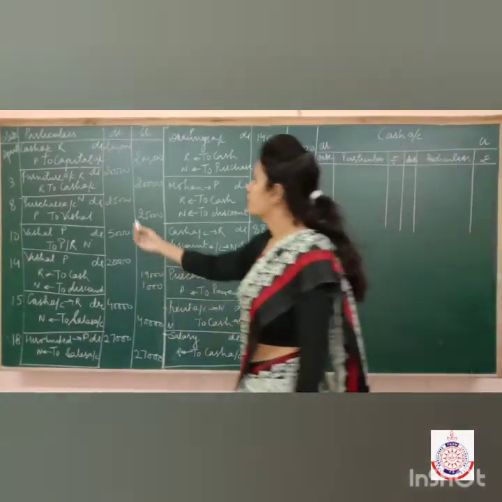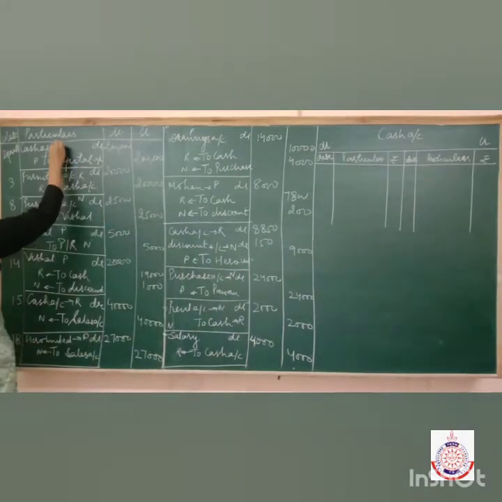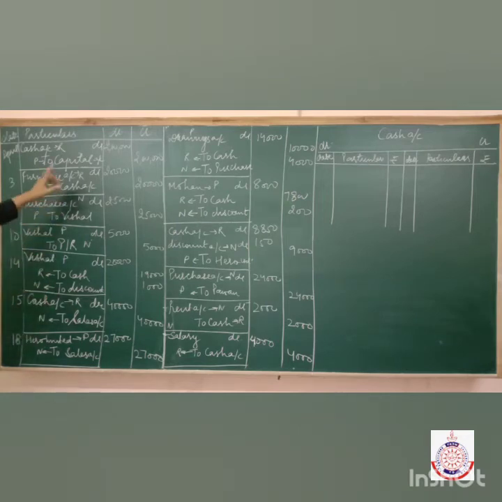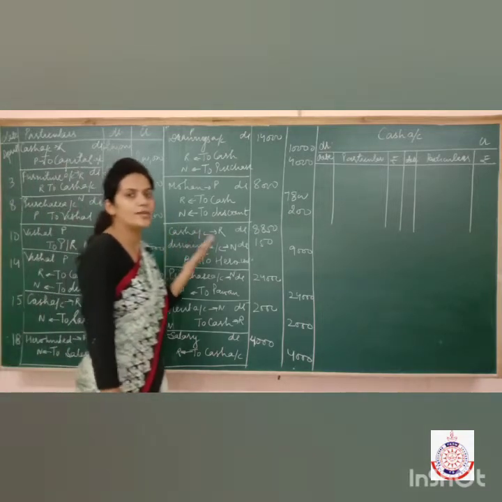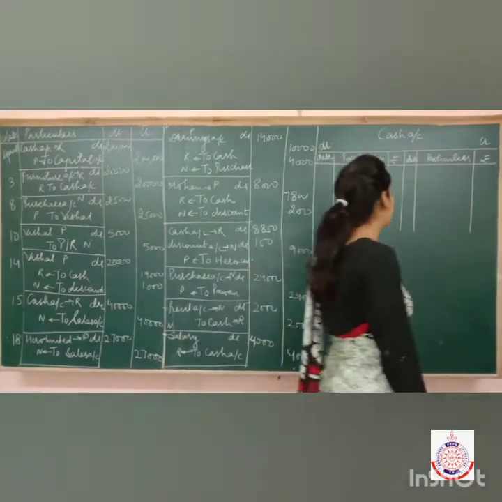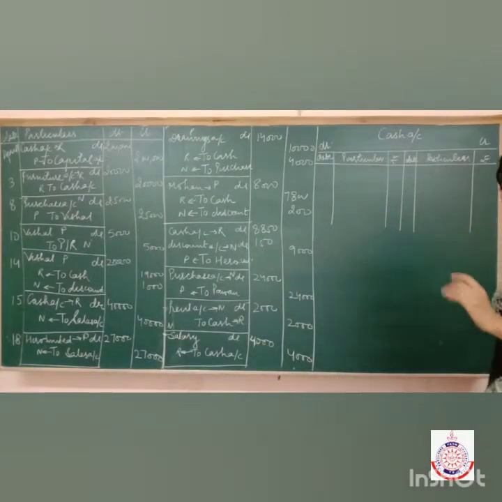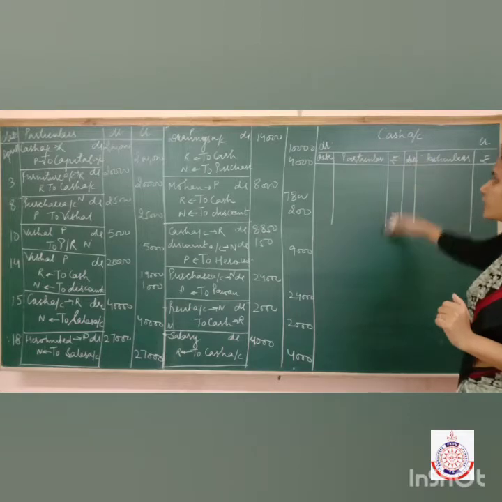It's just cash account, which is a real account. Furniture account is a real account, and that's all. Apart from cash and furniture, we don't have any other real accounts here. So it means that first of all, if I am going to teach you how to make real accounts, then I'll start with cash followed by furniture. Fine. So you have to prepare this way.